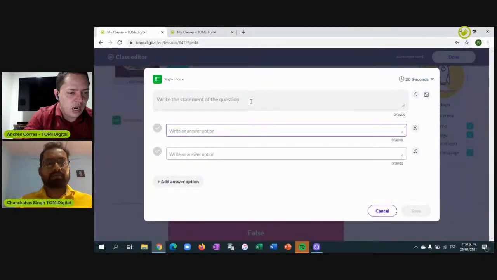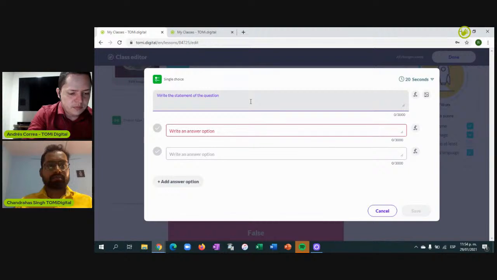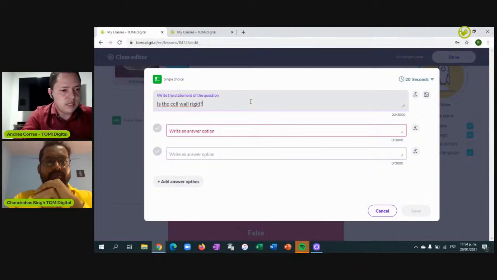So the question would be, what is the statement? Is the cell wall rigid? So in this case, is the cell wall rigid? Let's say yes, let's say no,